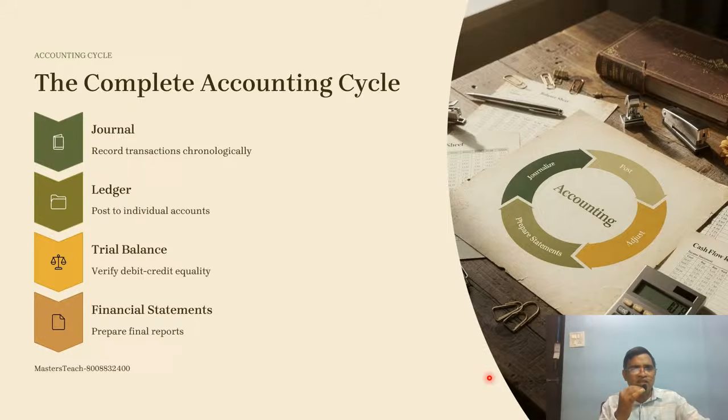Okay, this is how it can be done through journal entry. We are going to record the journal entries in chronological order, then ledger, then trial balance, then financial statements. The financial statements include the trading account, profit and loss account, and balance sheet. Okay, here for the complete accounting transaction you have to write journals, ledgers, trial balance, and financial statements. You're all aware, those who have already done your BCom or BBA at the undergraduate level. So this is the thing.